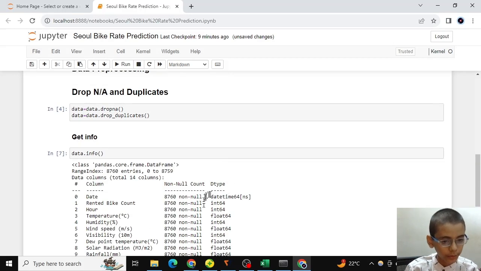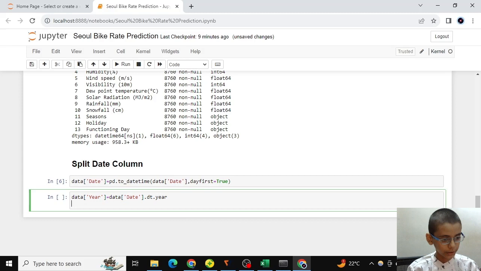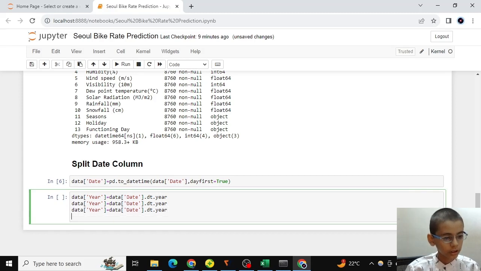Here you can see we have datetime64[ns], and data has a new feature called year, data of date dot year. Let's copy it and paste it 4 times.